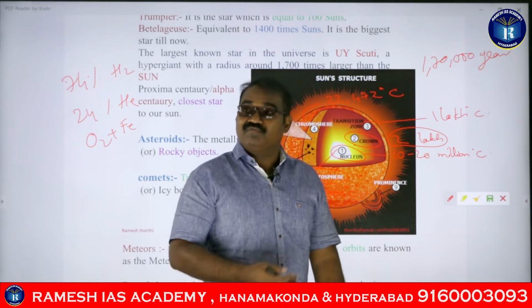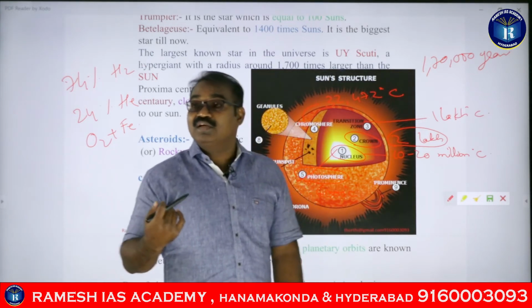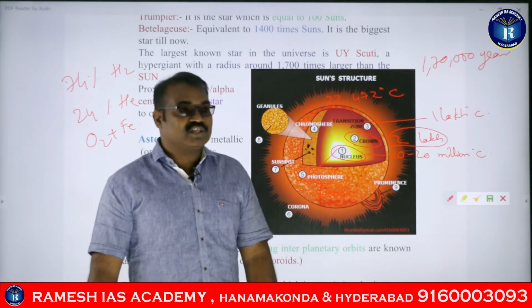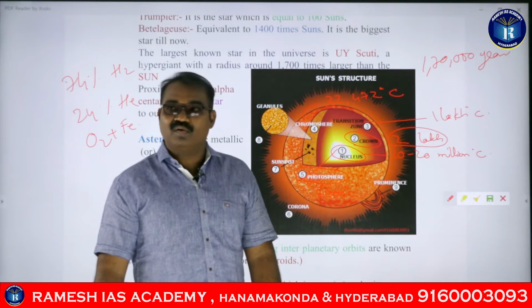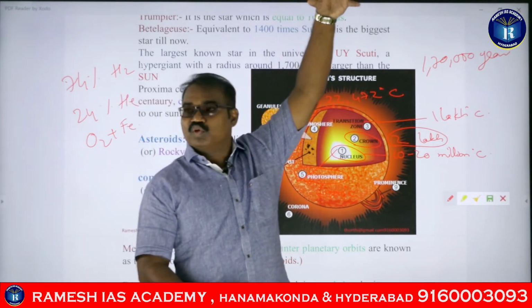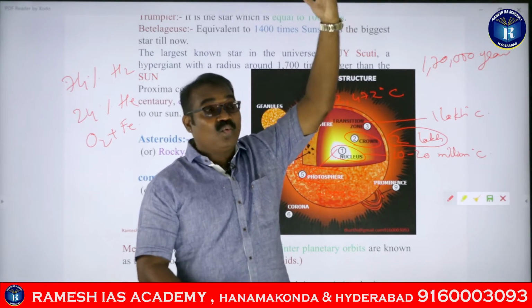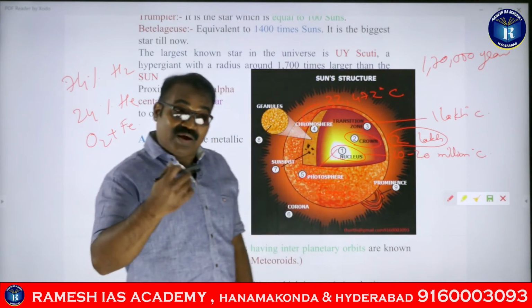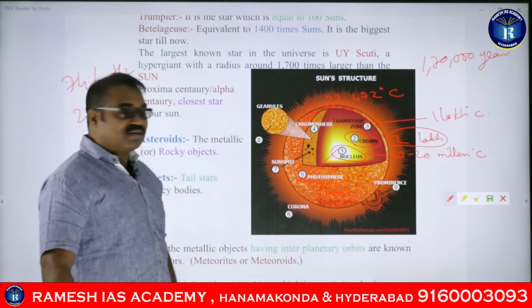All the things which we have got from the simulation experiments are being conducted by several astrophysicists and scientists. So imagine the distance from the core to the photosphere, because the energy is taking 1,70,000 years. And from the photosphere of the sun,